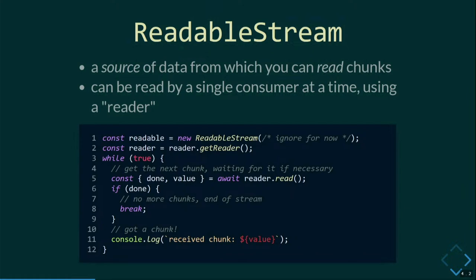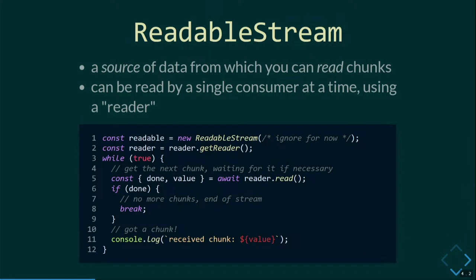And then you can start reading from that stream. So the API for that is reader.read. That returns you a promise for the next item. And there's two things that can happen. Either you get your item, there is still something in the stream, and it has just become available. And so that is line 11.